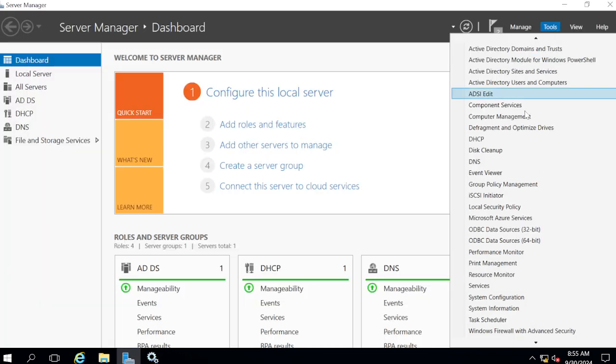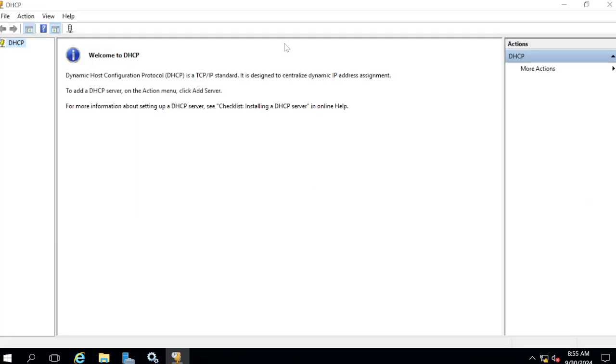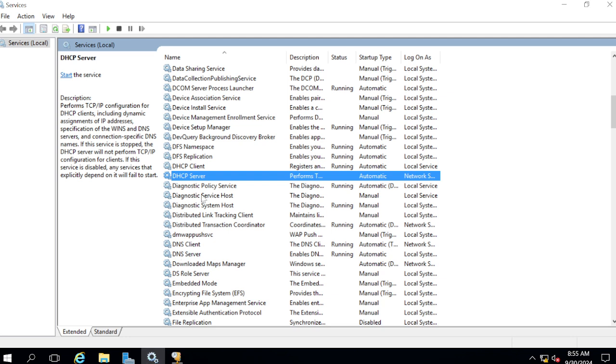Go to tools, and if you click on DHCP, see, you don't see anything here. So you have to make sure always the DHCP server is up and running. If somebody tells you I'm not able to get the IP address, multiple people will tell you I'm unable to get the IP address, I'm unable to connect to the network. First and foremost thing, you have to make sure whether the DHCP service is running or not in the DHCP server. If the DHCP service is stopped, you can just come here, right click and click on start,